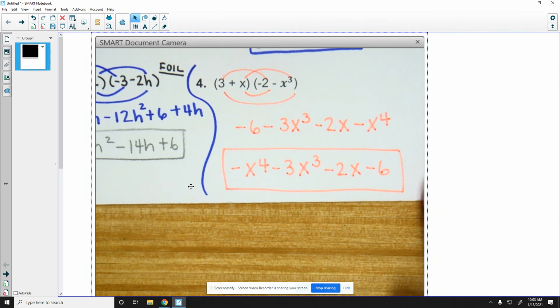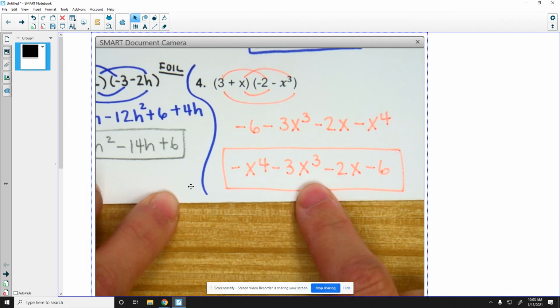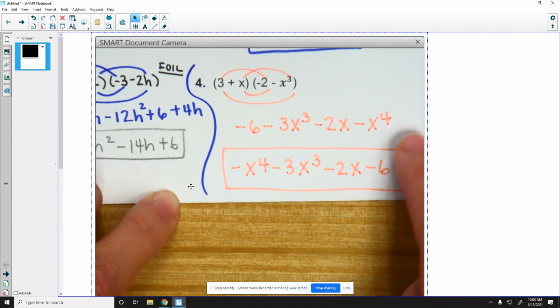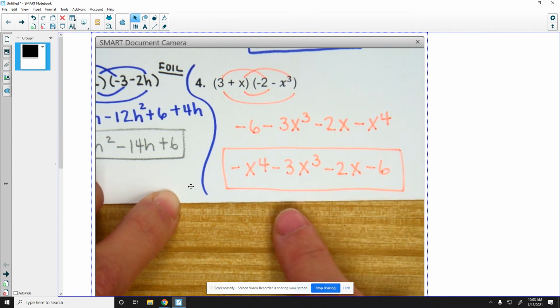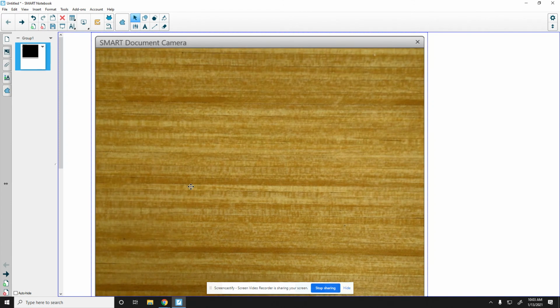So hopefully for this one, you got negative 1x to the fourth minus 3x to the third minus 2x minus 6. If there is nothing to combine, because they all have different endings, then that's okay. That just means that there's nothing to combine and you just have 4 terms. Okay? So that's what you're going to be doing for your level work today. All right? For the level work, as